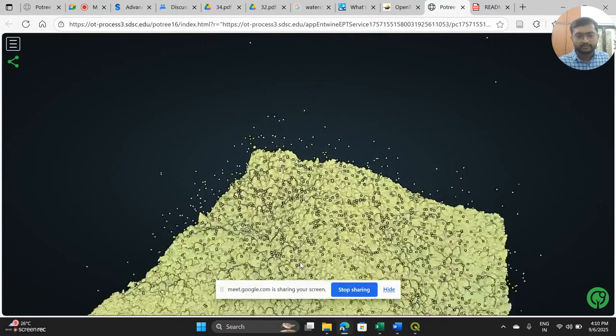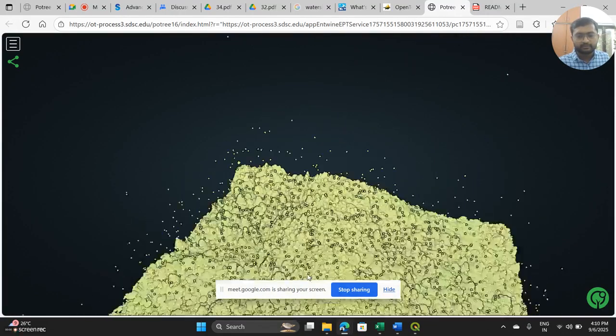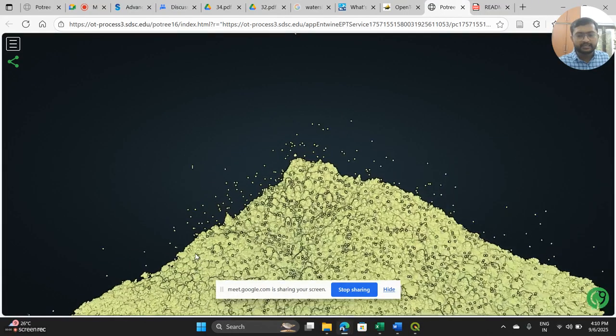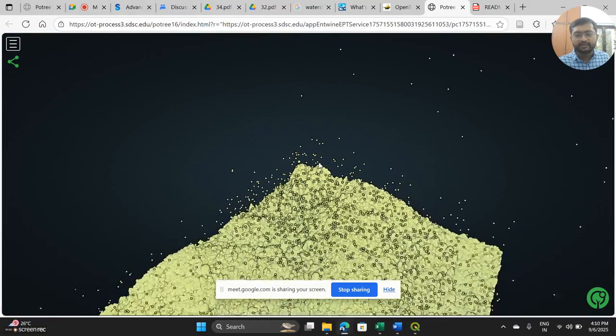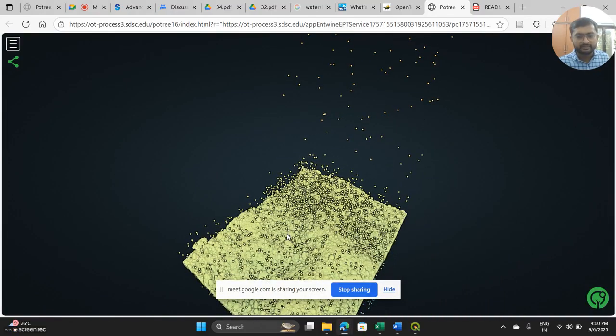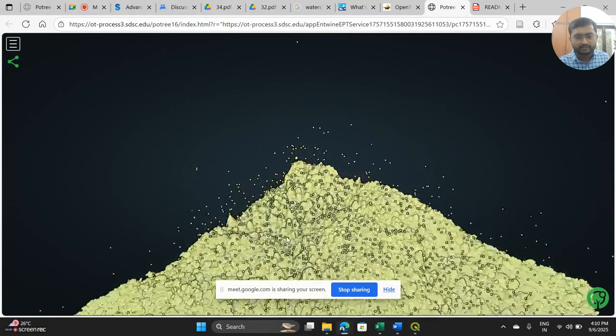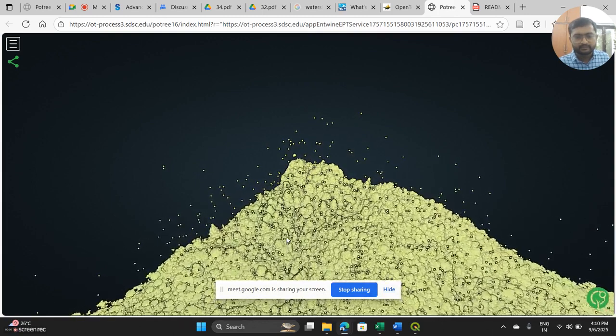This is very high resolution data. All these things which you are seeing might be trees, because you can see the canopies are visible. If you zoom in,